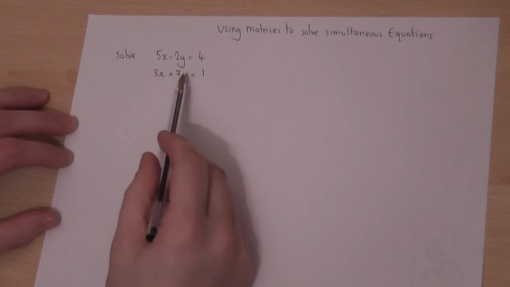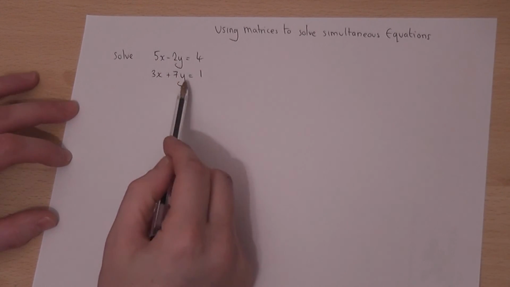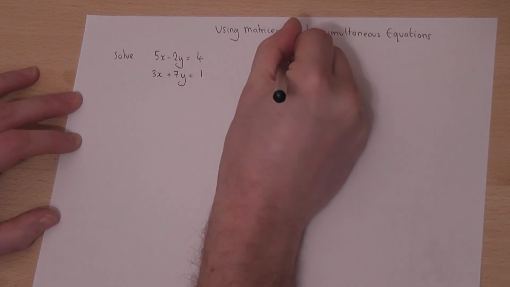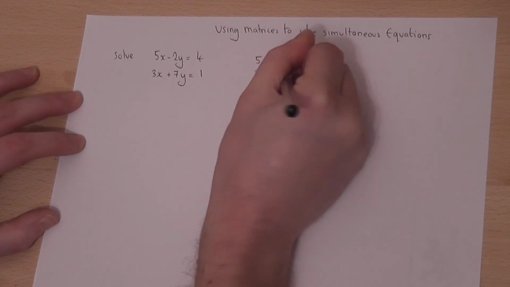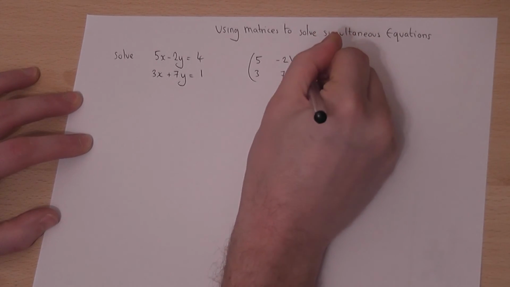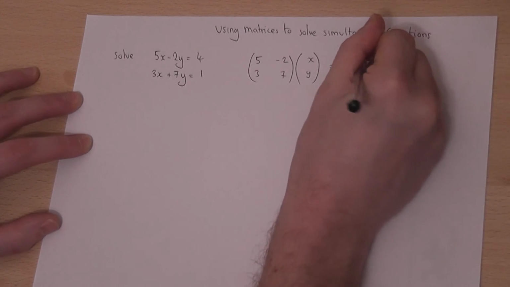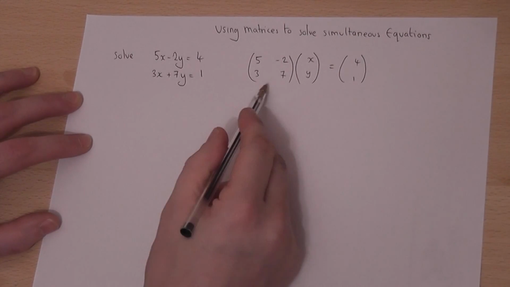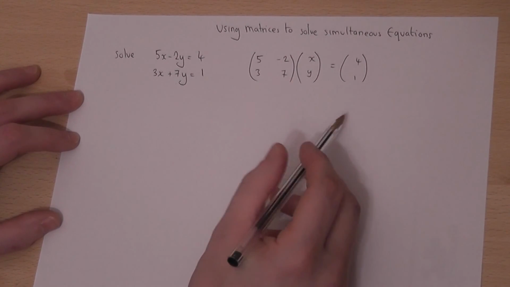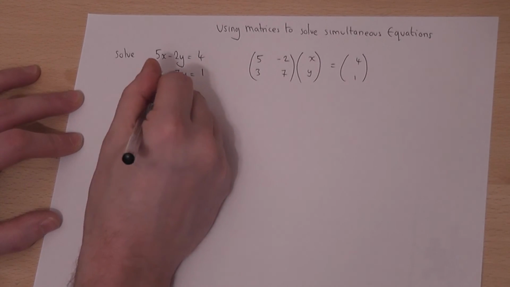This video looks at how we can use matrices to solve a pair of simultaneous equations. Now we can write this in the form 5 minus 2, 3, 7. So they're the coefficients. x, y is equal to 4, 1. So these two statements, or pairs of equations, are equivalent to each other. Now, if we then let M equal this matrix here,